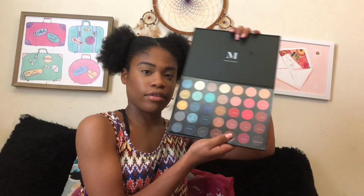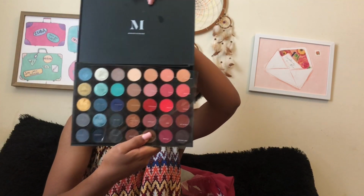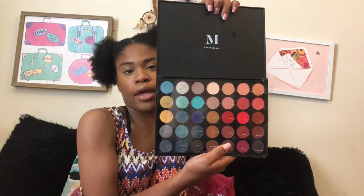Anyway, it comes with bubble wrap and everything. I already looked at it. It's beautiful shades. This is how the inside looks. As you can see, it's a really, really pretty palette. I really like the shades. I already did a blue look with it. I'm not posting that look unless y'all just want me to. But today, I think I want to go...